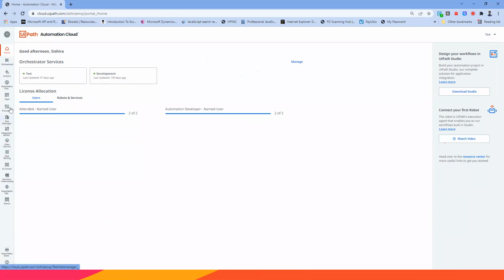Maybe if you log in for the first time, you may not see this service at the left side. It may be different for you. But why is that so? It's all coming from this tenant selection. On the top right corner, if you see there is a tenant with test, if I now change this tenant